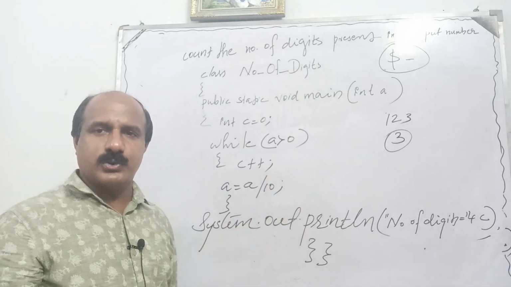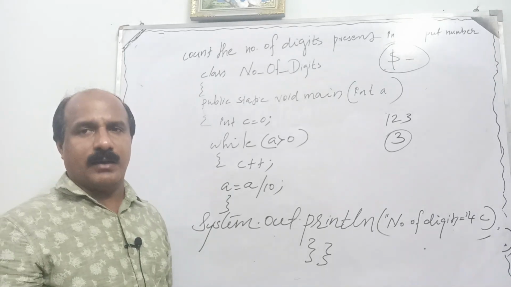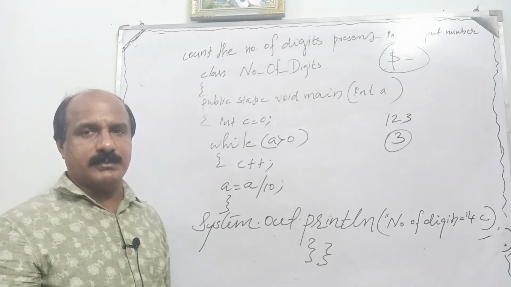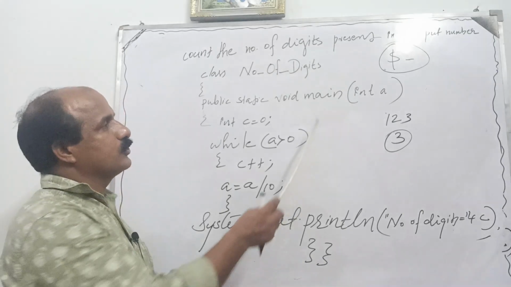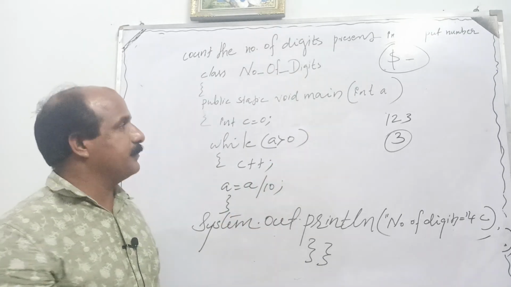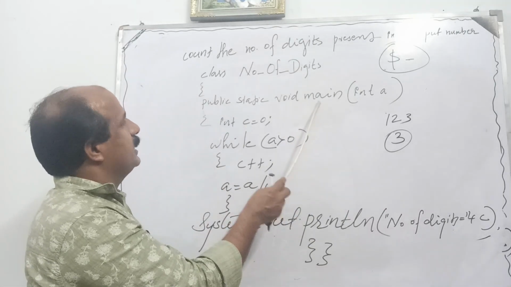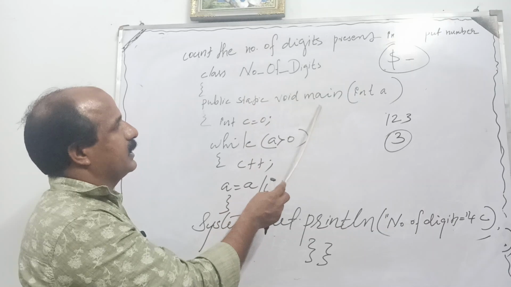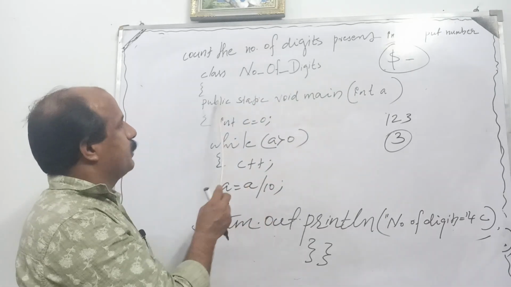Your Java program should have a main method. But in BlueJ you can avoid it. But real Java programs require a main method in order to execute. That is why we write the main method. Okay. Now these keywords are all about main. Main is public, main is static, main is void. Then what is this?